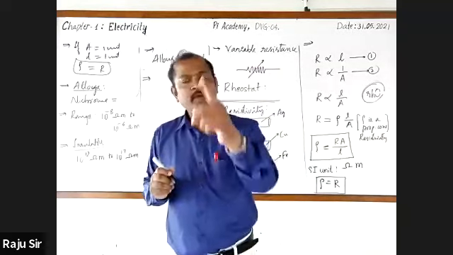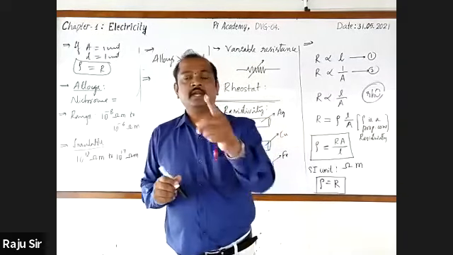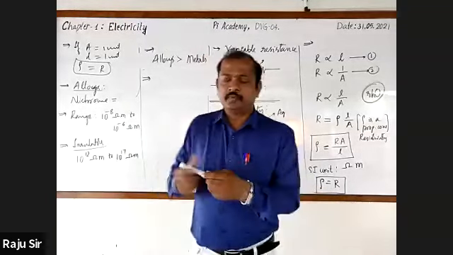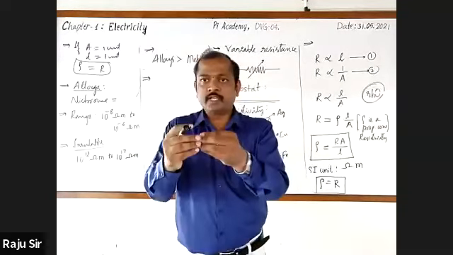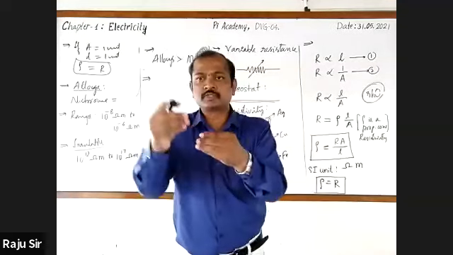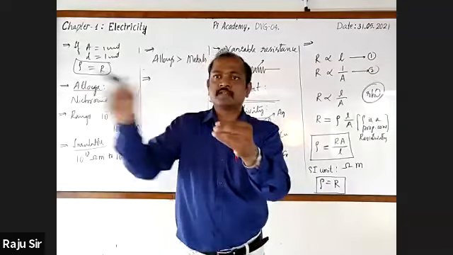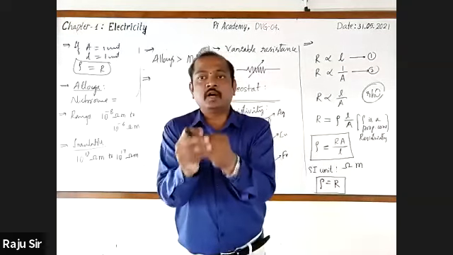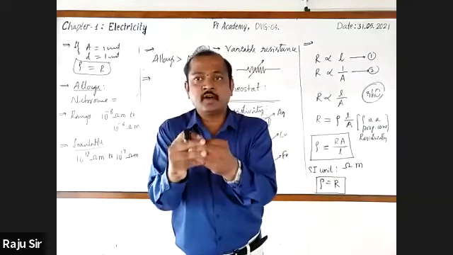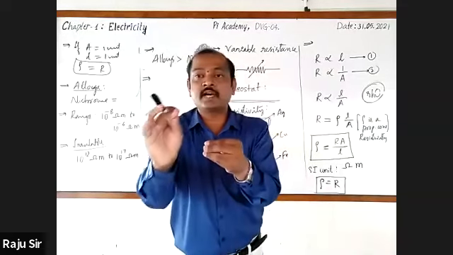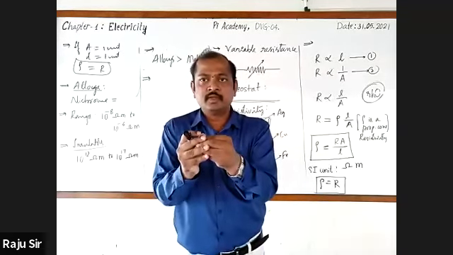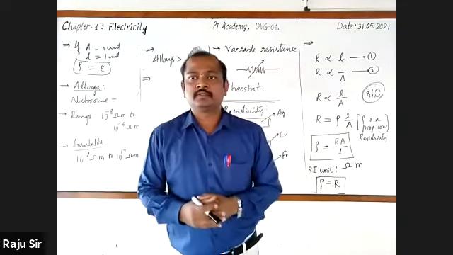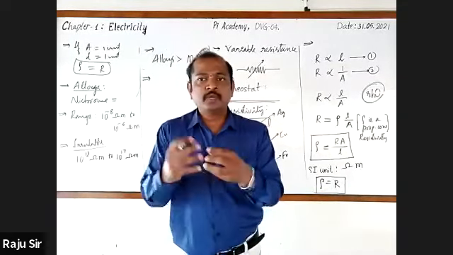Not only this, one more reason is there. When you take a nichrome, which is to be used in electric iron box, as soon as the current is passed, it gets hot, right? It gets hot because it has high electric resistivity. Because of that hotness, will it get burned? No, sir.